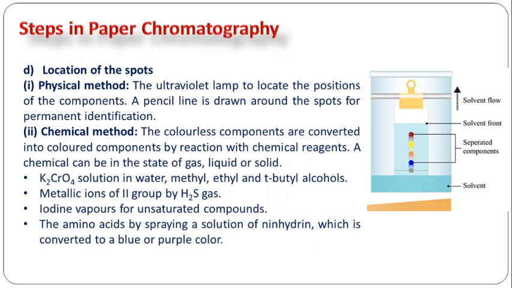Friends, these are for specific components, specific molecules, but in general we can use an anisaldehyde solution in sulfuric acid and alcohol, so that gives colored spots for various types of organic compounds. So we can look at the spots. For carbohydrate compounds we can use concentrated H2SO4 spray, so carbohydrate will get dehydrated and black spots will appear. So according to which types of components are there, we have to use these chemical reagents for the spotting.